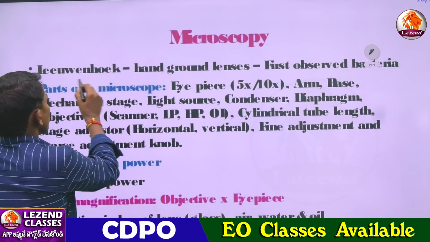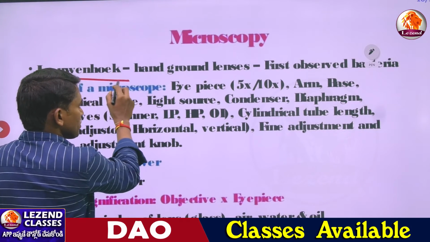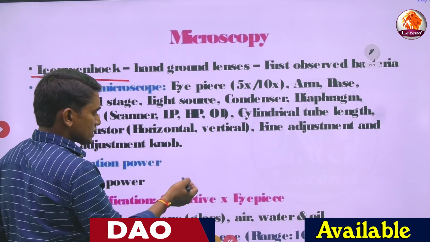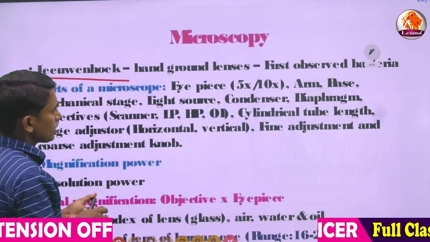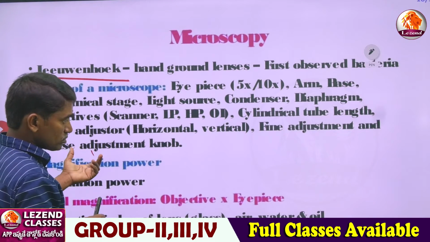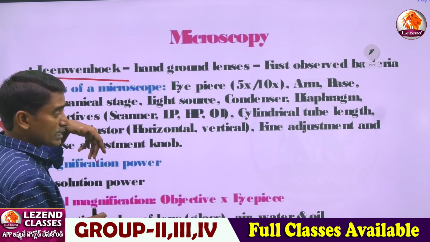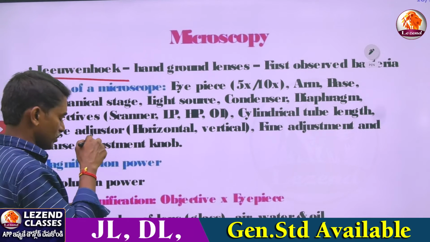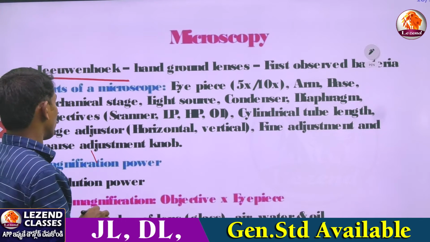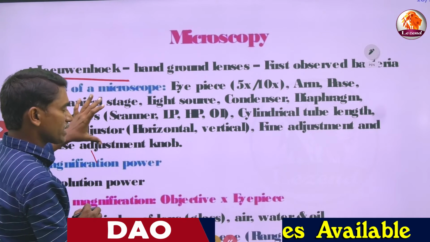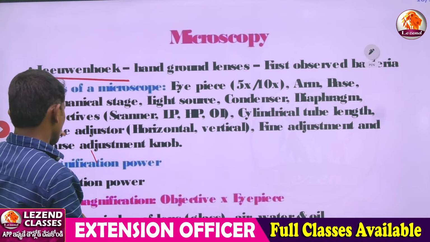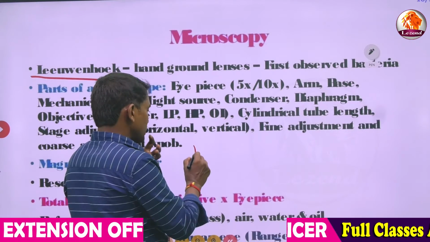Leeuwenhoek was considered the person who designed lenses. He was a lens maker. He designed the first simple microscope. With the advent of the microscope, bacteriology has been revolutionized, almost the entire field of microorganisms. So that facilitated invention and advancement in microscopes, and it enhances